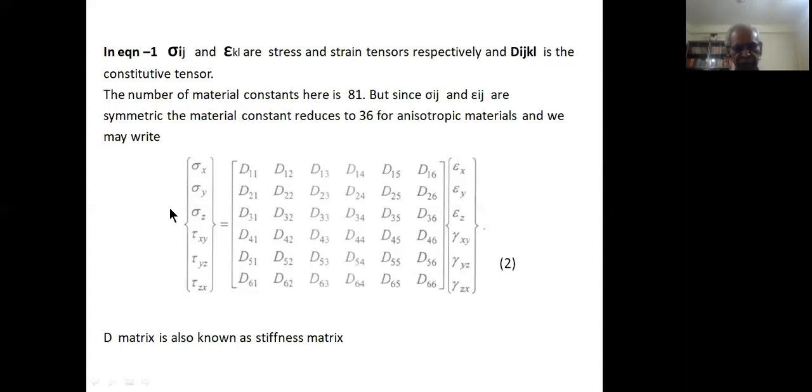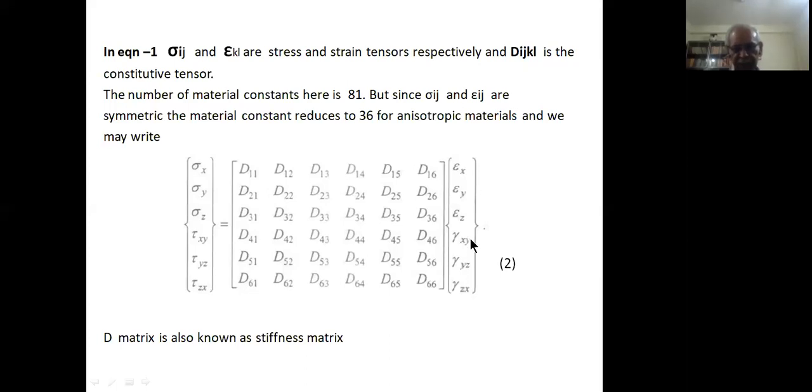We write the stresses in a column matrix: sigma x, sigma y, sigma z, tau xy, tau yz, tau zx, and the strains in a column matrix: